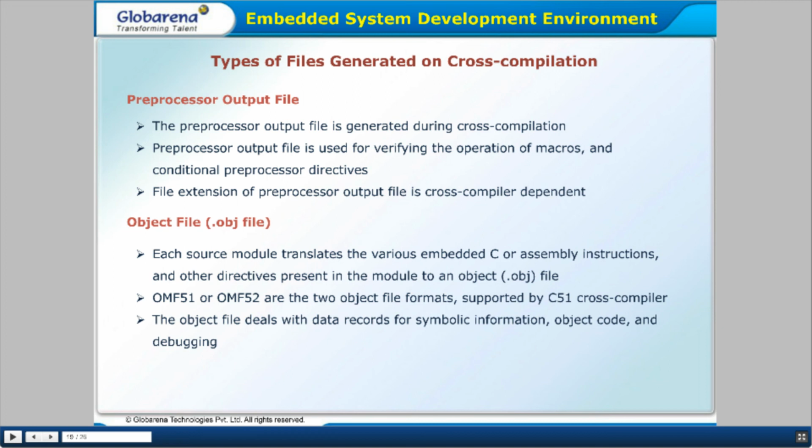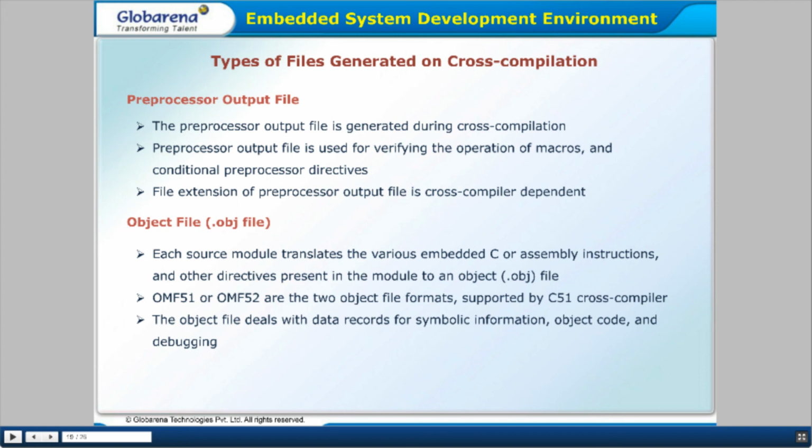After selecting the preprocessor, it can be verified by using the macros and conditional preprocessor directives. The extension is cross compiler dependent, and this can be saved into the .obj file, which translates the various embedded C or assembly instructions and the directives present in the module to an object file by using OMF51 or OMF52.